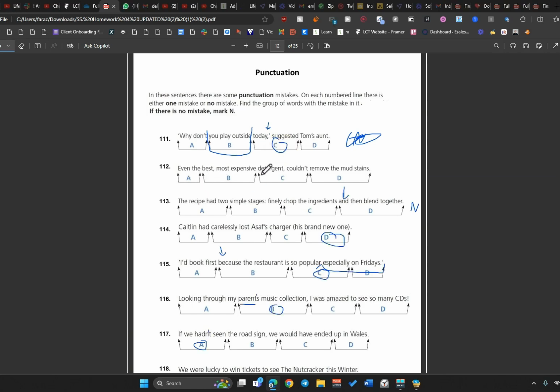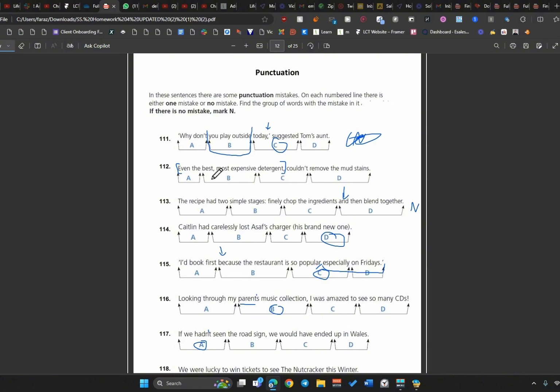Even the best, most expensive detergent, comma, couldn't remove the mud stains. So here, if you're going to put a comma to end the clause, "even the best, most expensive detergent", that would mean this sentence would have to make sense on its own, and it doesn't. If you just say "even the best, most expensive detergent" without anything else, that doesn't make any sense on its